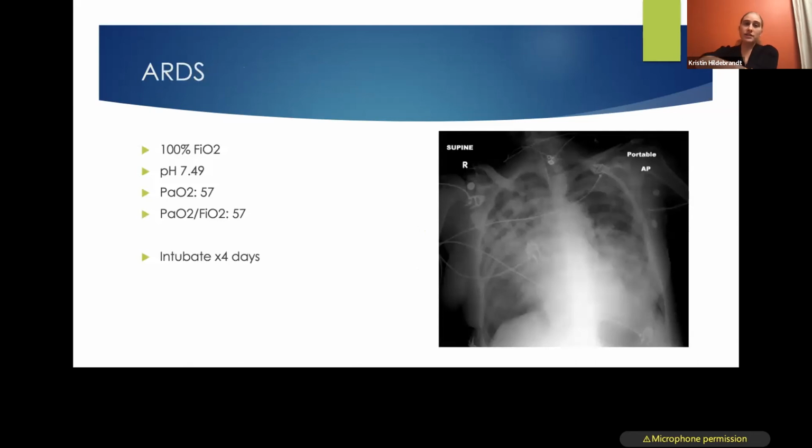So you put her on some oxygen, 100% FiO2, you check an ABG, and this is what you find. Given this acute respiratory alkalosis, you talk with the cardiologist and the pulmonologist, and you say, I'm pretty sure this is ARDS, and they say, yeah, I think you're right. So the decision was made to intubate, provide some PEEP, and then 4 days later, she was able to be